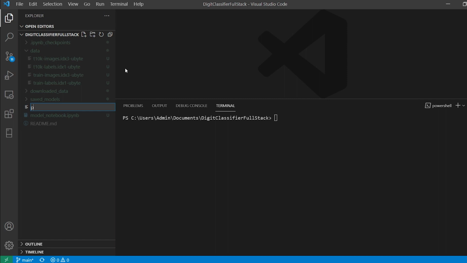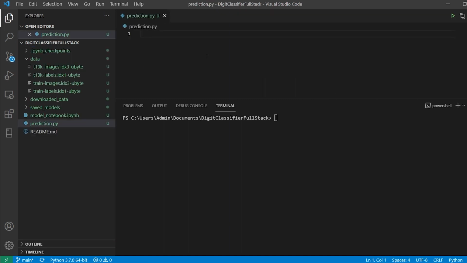Now the first thing is I'll start by making a new file, let's say prediction.py. I want to check the prediction mechanism that I want to prepare. My goal is to feed it an image from the internet, and this image should be converted into the values of the 784 columns, because we have trained our model in such a fashion. So we will have to work on that.